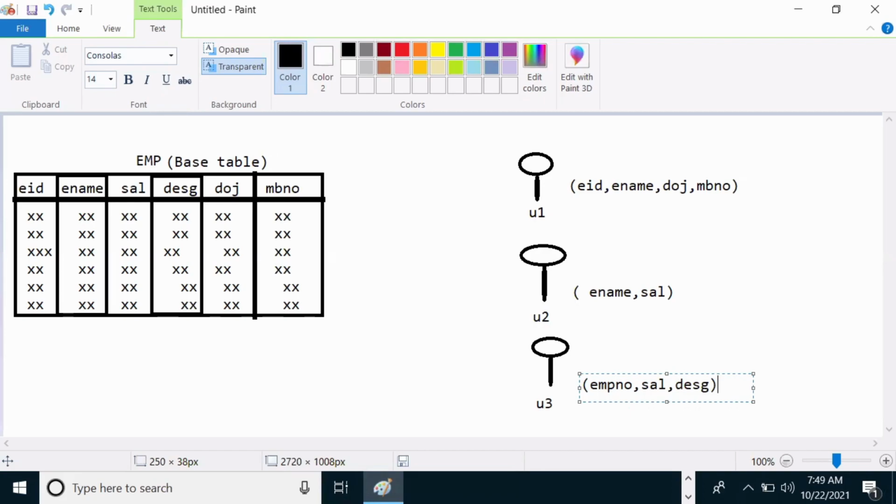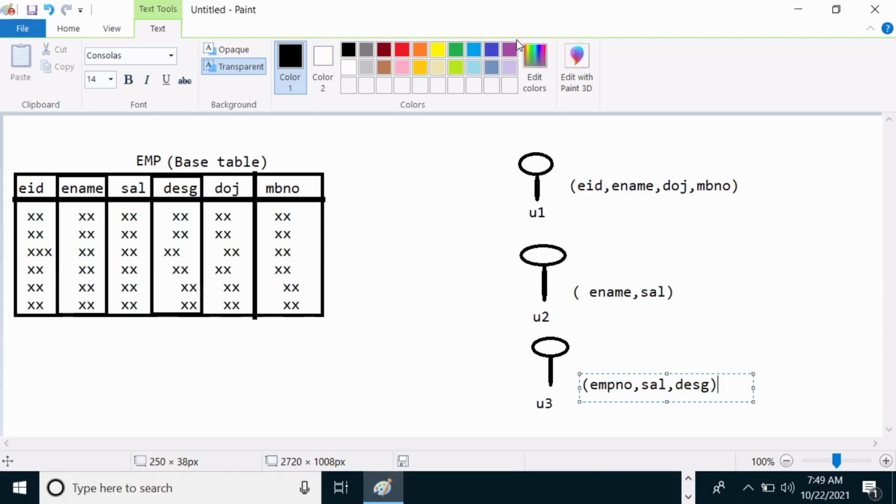So now tell me guys, suppose you are the database administrator. When these people wanted specific columns data from a main table, from a base table, then what do we want to do here?